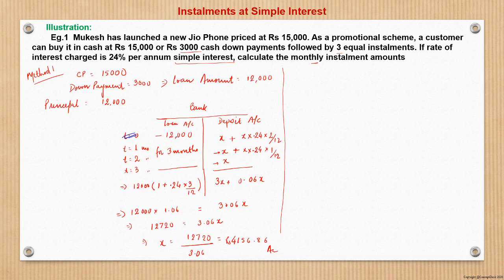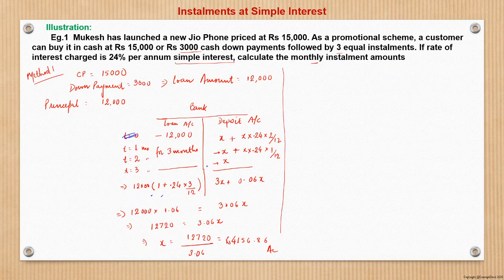Now the value of this 12,000 rupees at the end of third month should be equal to the value of these deposits at the end of third month, right? Then only the loan will get cleared. The loan is 12,000 rupees. So at the end of third month, the bank assumes that depositing three amounts of x rupees at first, second, and third month will clear the 12,000. So the future value of the money at the end of the third month should be the same in both the loan account and deposit account, right? That should be the interpretation.